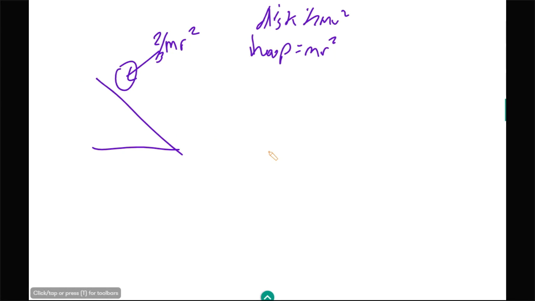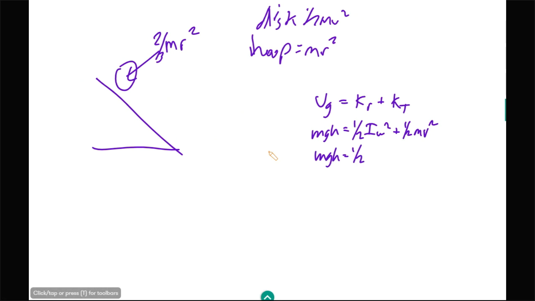Where it could be okay, we have potential energy that turns into rotational plus translational sort of stuff. mgh equals 1/2 I omega squared plus 1/2 mv squared. I'm going to assume all the m's are the same, and then you go through and figure it out. So basically saying that if we wanted to, it's 2 mgh divided by, what are we dividing by? 2 mgh divided by I over r squared plus m,